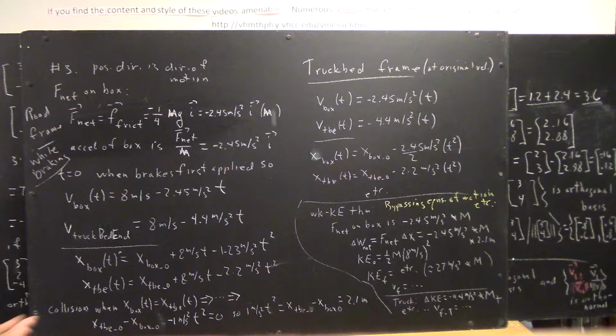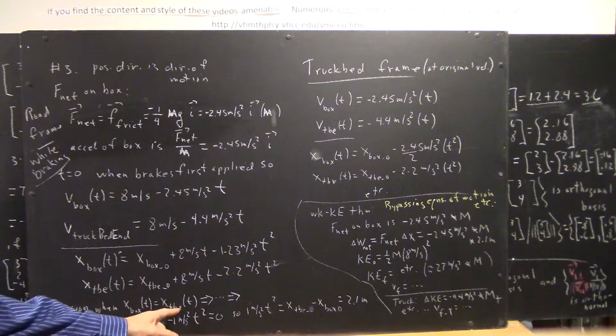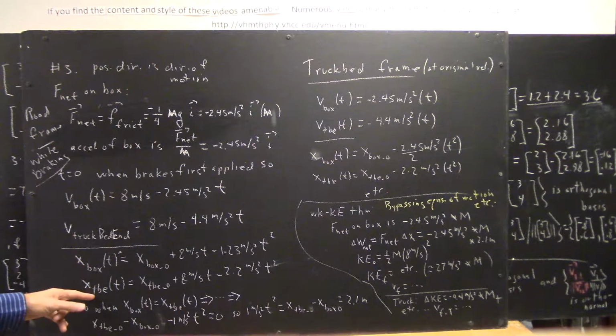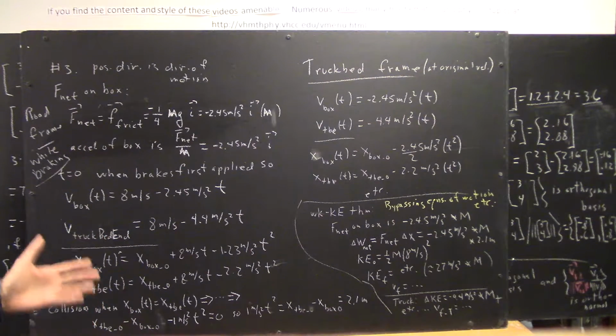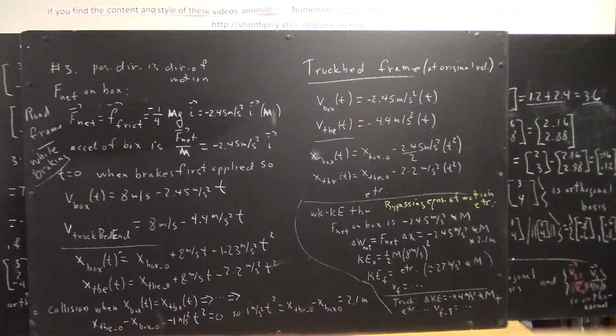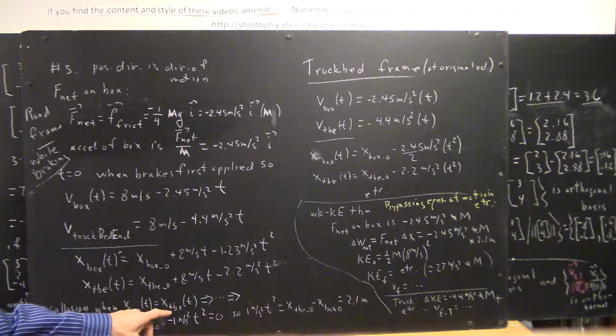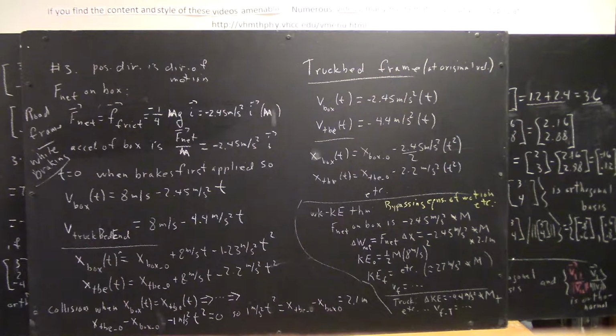Now, the collision occurs when? When this is equal to this. When the truck bed end and the box are at the same position. That's when they strike, when they collide. So if these are equal, that means that this minus this has to be 0. Okay? So if I do the truck bed end minus the position of the box,